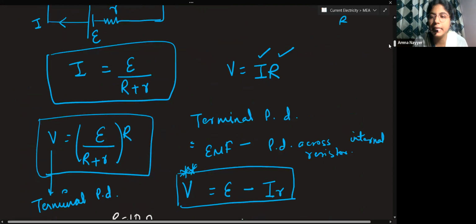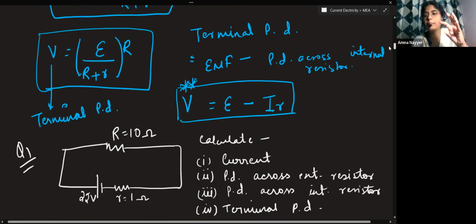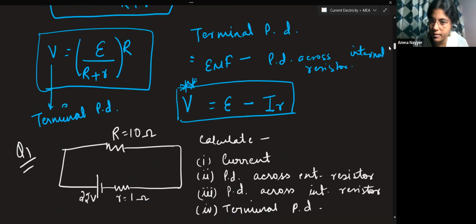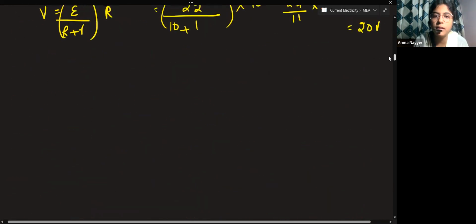The formula of current is E divided by capital R plus small r. V is I multiplied by capital R, meaning the potential difference across the external resistor. The terminal potential difference formula is V is equal to E minus I small r. Now,